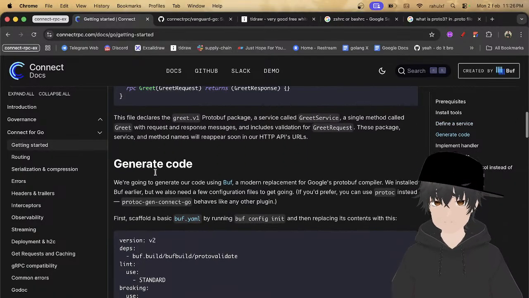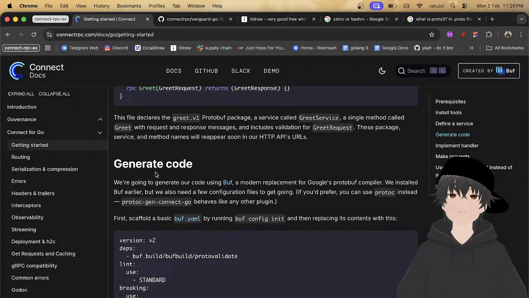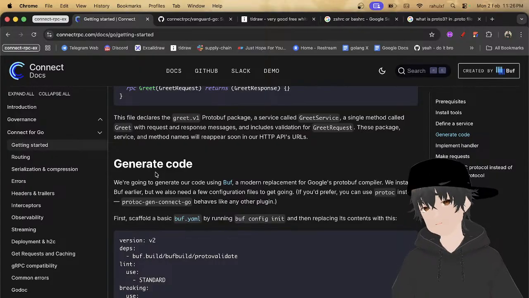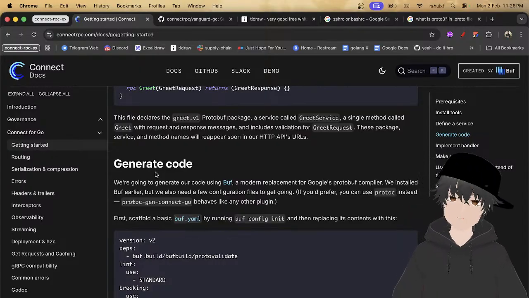Okay. How are we going to generate our code? Because we said we will generate Go code for the Connect API.